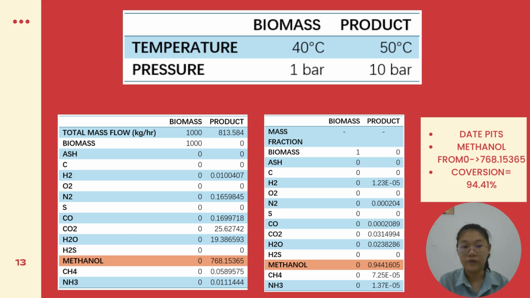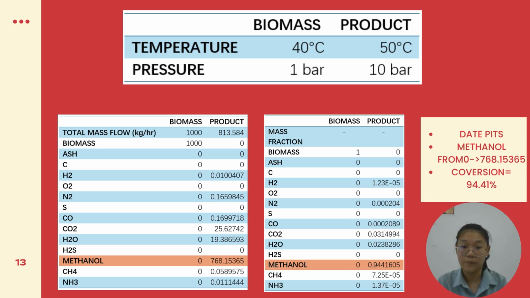So as said before, the biomass that we use in this mini project is date pits. The inlet flow stream, which is biomass, has a temperature of 40 degrees Celsius and pressure of 1 bar. For the product stream, the temperature is 50 degrees Celsius and pressure is 10 bar. The total mass flow for biomass is 1000 kg per hour, while for the product is